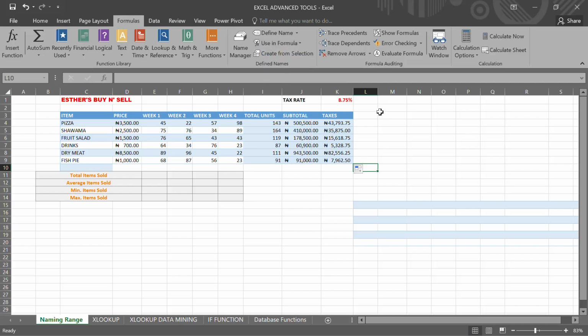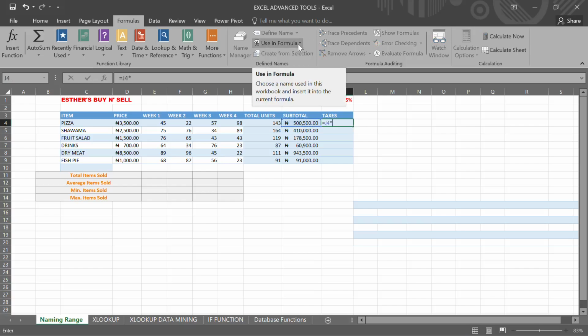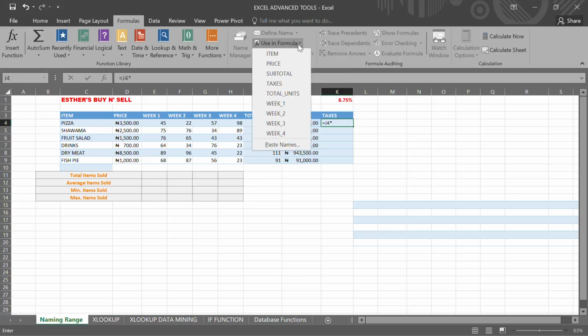Now how do we do it? Watch. Assuming I don't know what I named the cell with, I could just come back here, equals to J4 asterisk. Now I go to tap on use in formula. It drops out the names of all of this. And if you look carefully,